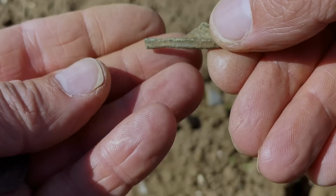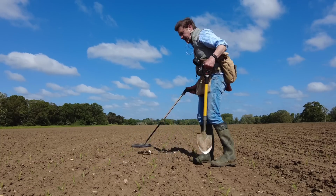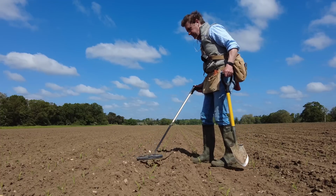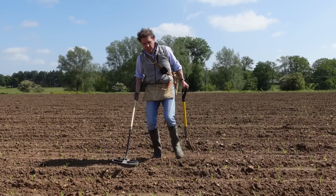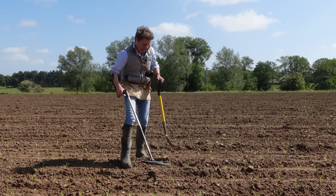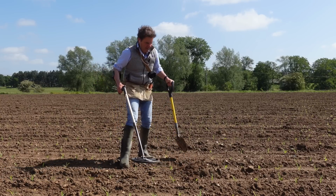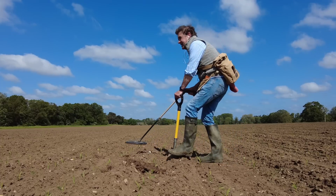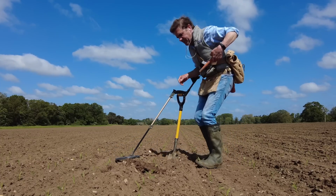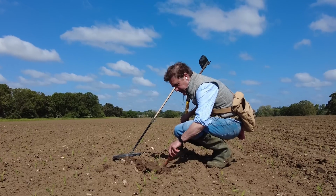And then just down here, there is a signal. And it sounds like the other coin I had. So, sounds like a copper coin to me. As I said, it's a bit of a relief to have the pinpointer back. It's quite fun not using it for...